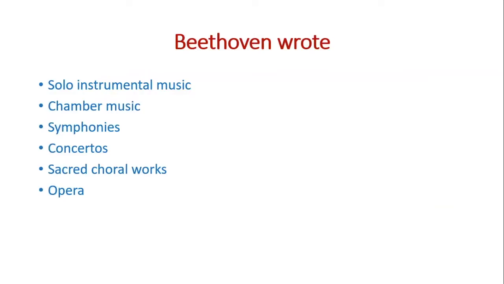For example, he wrote for solo instruments, such as the piano and violin. He wrote chamber music. He wrote symphonies, concertos, sacred choral works, that's religious choral works, and he wrote opera. And in all of these areas listed on this slide, he experimented so wildly that in the following years, almost every composer through the 19th century could look back to Beethoven and say that they were influenced and inspired